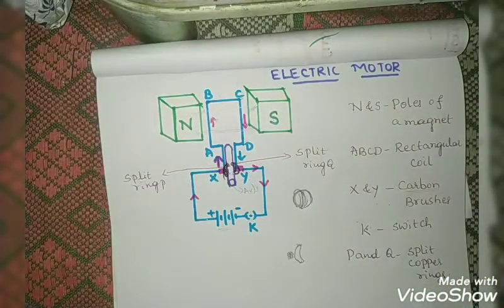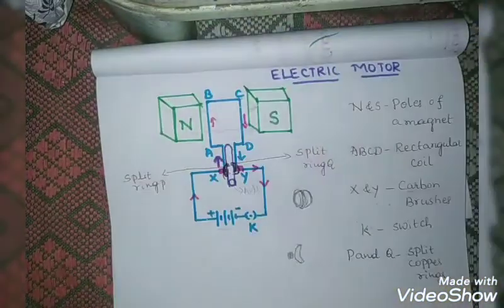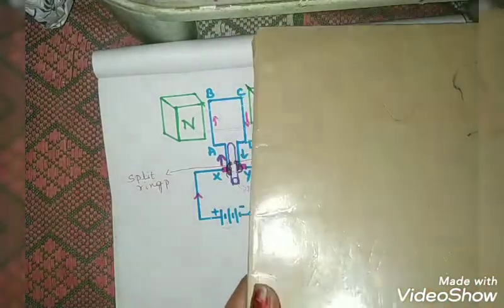How can I understand this? See, children, consider that this is a rectangular coil. How can I show this? Now you can see that it has the rectangle shape. Here you can see it is a book. Consider that this is our rectangular coil. What happened in the first half rotation? Consider that this is AB. This side is CD. This arm is CD. What happened? This is downwards. This is upwards.